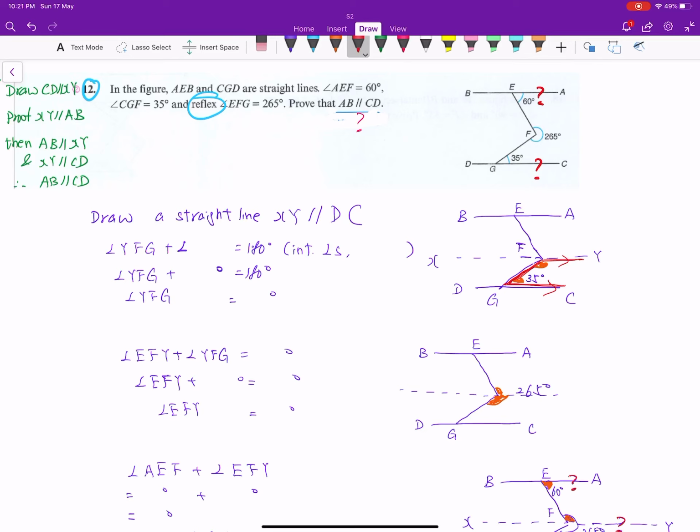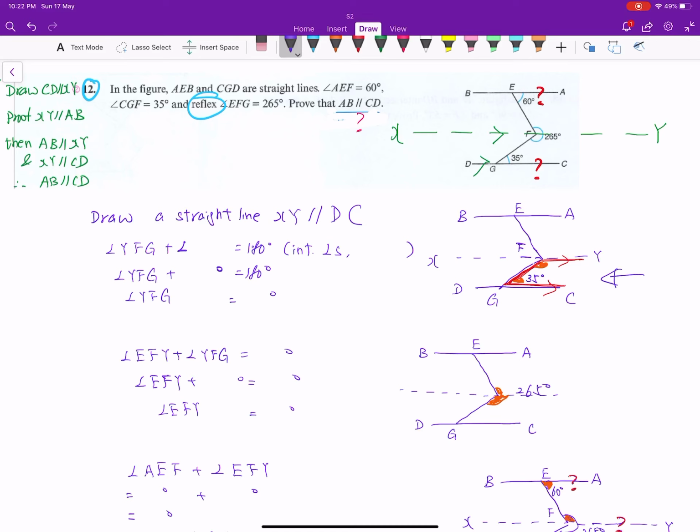Okay, for this question, we need to start with a pair of parallel lines first. Now we create one line by ourselves. We want to draw a line such that the line we draw is parallel to DC. Okay, we draw XY in the way that we make it parallel to CD. So we draw a line XY parallel to CD. Alright, then